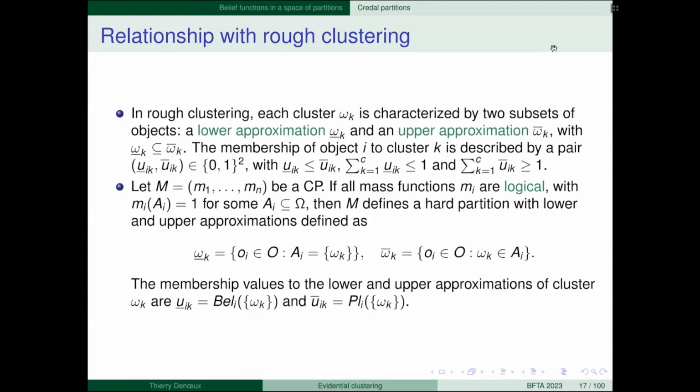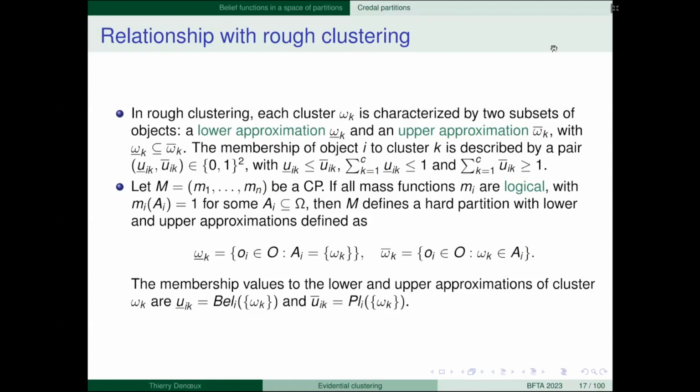This is the lower approximation of cluster 1, and this is the lower approximation of cluster 2. This is a set of objects that surely belong to each of the clusters. And of course, an object cannot surely belong to two clusters, so these cannot intersect.